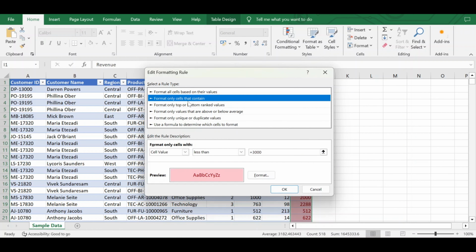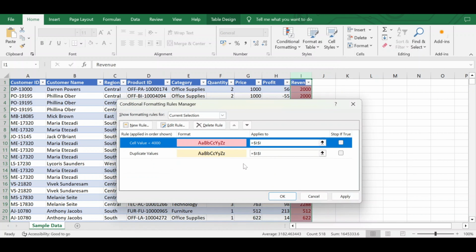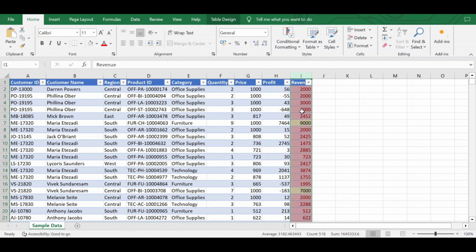This we will go through later on. Here you say this option, format only cells with. So you can select cell value less than. You can change the value from here. Say I'll give 4000. Click OK and apply OK. Now you see this has been updated and all the values which are less than 4000 are